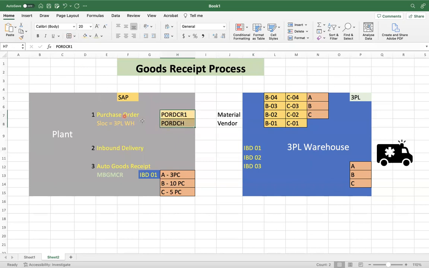So this is the way you can use these IDOC message types to send the information of PO. Material we have MATMAS. Okay. So this is the way you work on 3PL interfaces. 3PL means that whenever an operation happens in the 3PL warehouse, the information will be sent to SAP